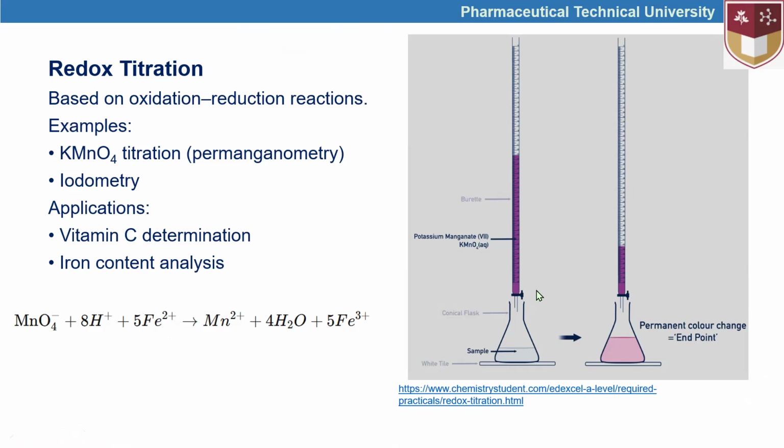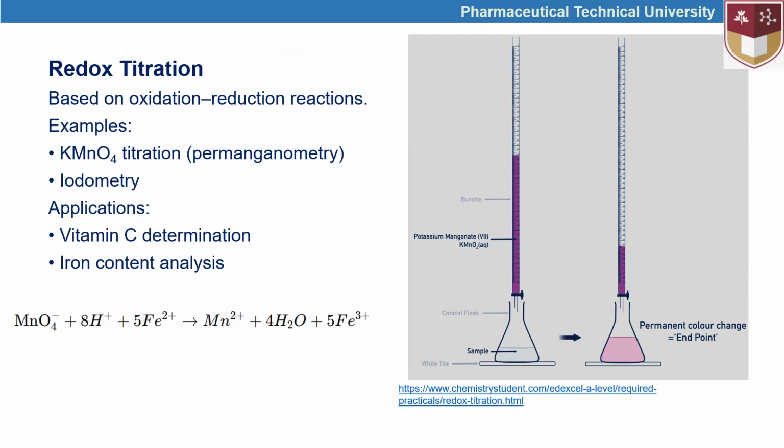So when we add this, the color starts changing from this to this intensity. So when we reach this kind of color, we can make a conclusion that we reached some permanent color change. So based on this kind of color changes, we can make a conclusion about the titration,